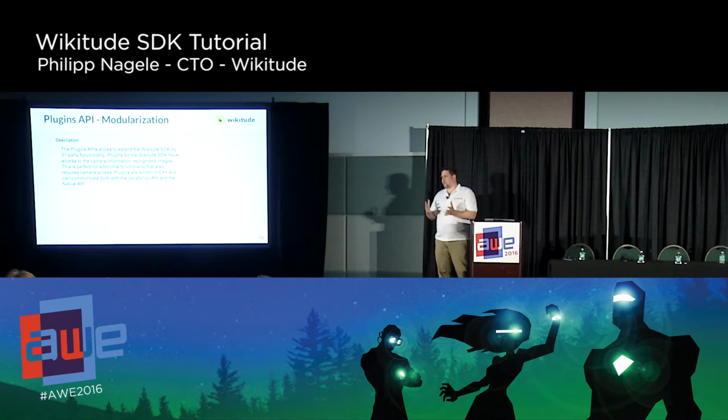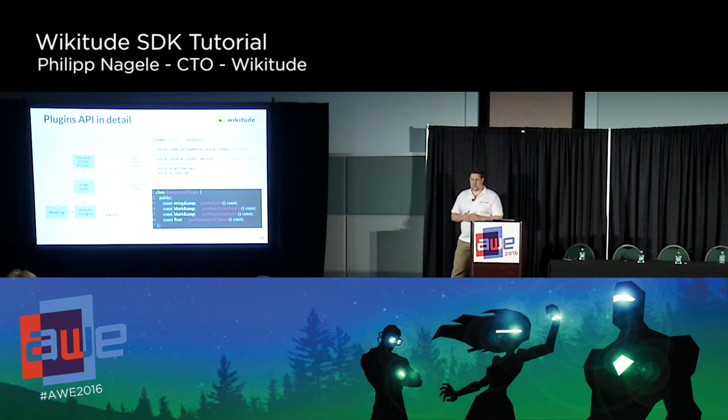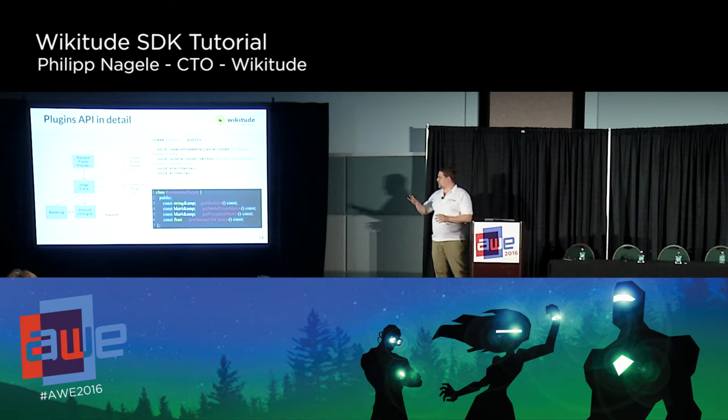So basically what you do, you write your own class, you write your own C++ plugin, register it, the Wikitude SDK can work with it in parallel, and you can share things. What does that mean a little bit more graphically? So let's focus first on the right-hand side on kind of the flow diagram, not really a flow diagram, but